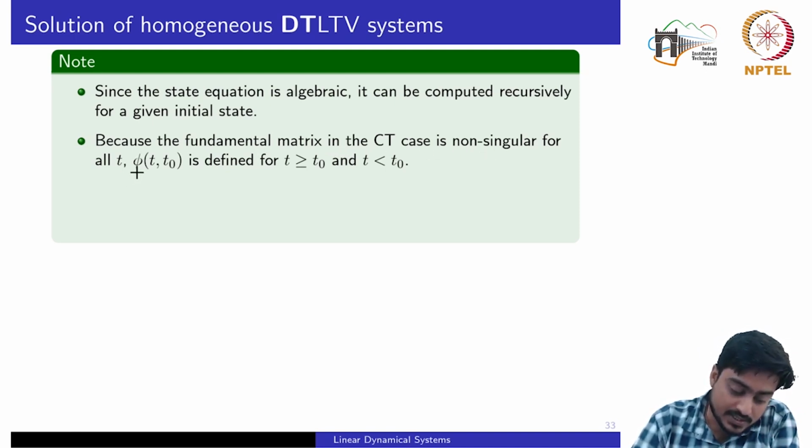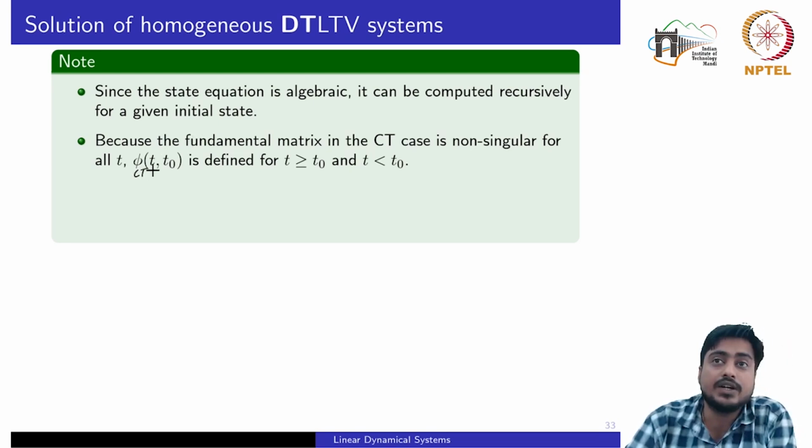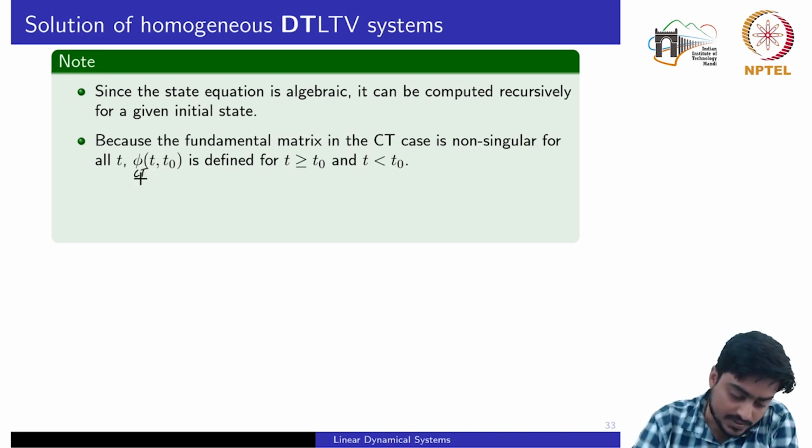Let's denote the continuous time state transition matrix with a subscript, just to differentiate between the continuous time and the discrete time cases. This continuous time state transition matrix is defined for both directions, t greater than or equal to t0 and t less than t0, because of non-singularity. Non-singularity says that the inverse of the continuous time state transition matrix phi(t, t0) is given by